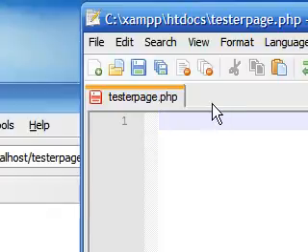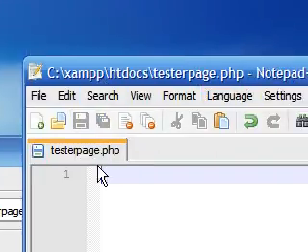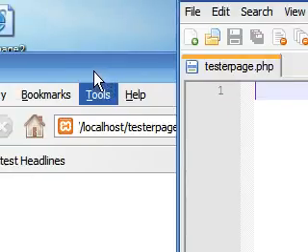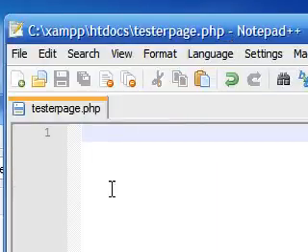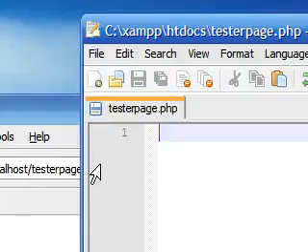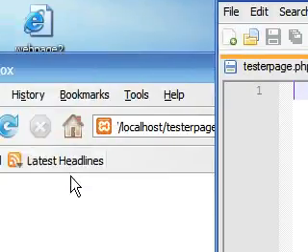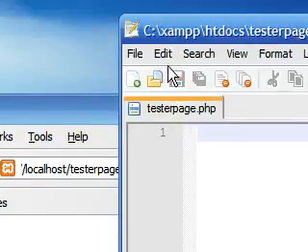So, now that you got your little notepad set up and your browser, I'm using Firefox, and you got everything running, you're ready to start writing some PHP. And if you don't know how I got all of this set up, or you don't have Apache installed, then what are you even doing watching this video? Go watch my first one. Sorry. Anyways,